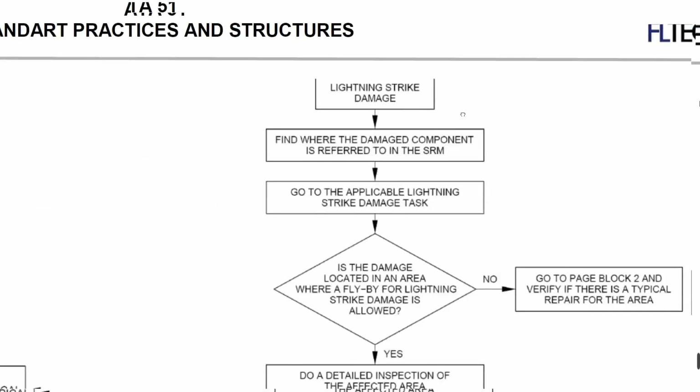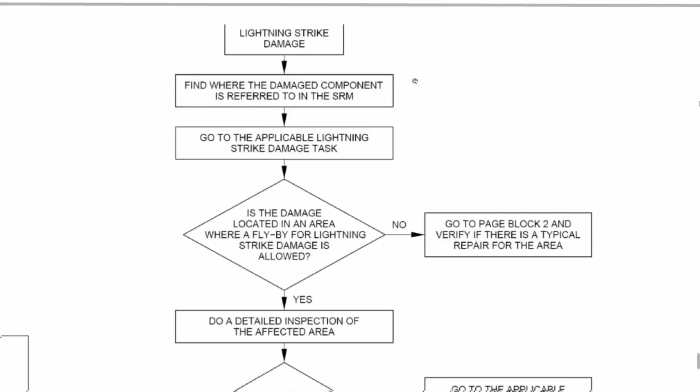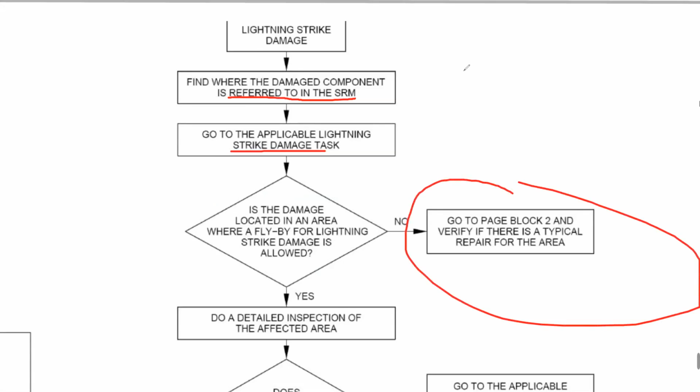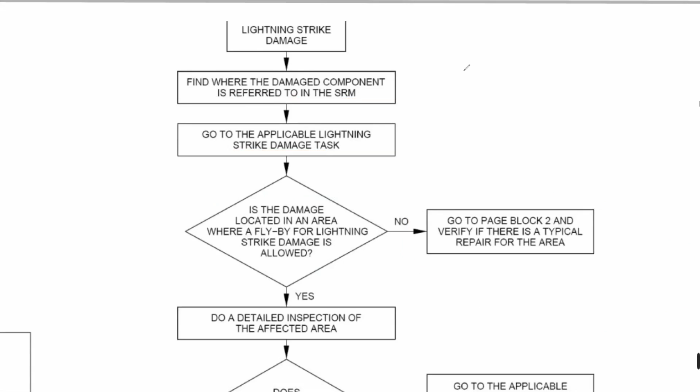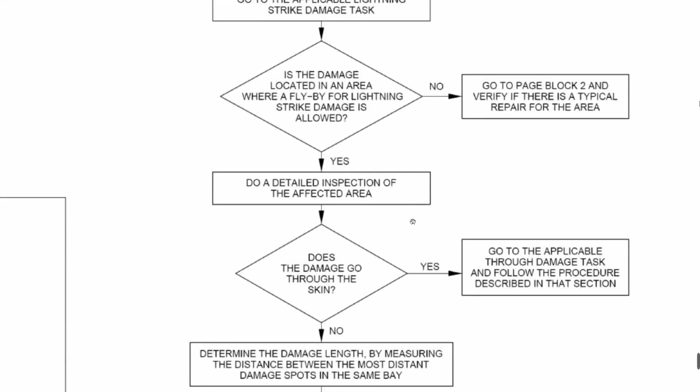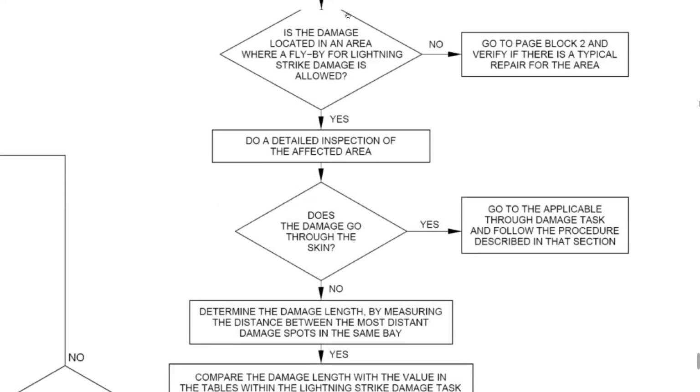An example is shown here with the lightning strike damage. Find where the damaged component is referred to in the SRM again. Go to the applicable lightning strike damage task. Is it in the area where a flyby for lightning strike damage is allowed? If no, well, we have a problem. We have to look for an additional solution. It means we have no allowed damage there. It's not listed in the allowable damage table. Then, if it's allowed,